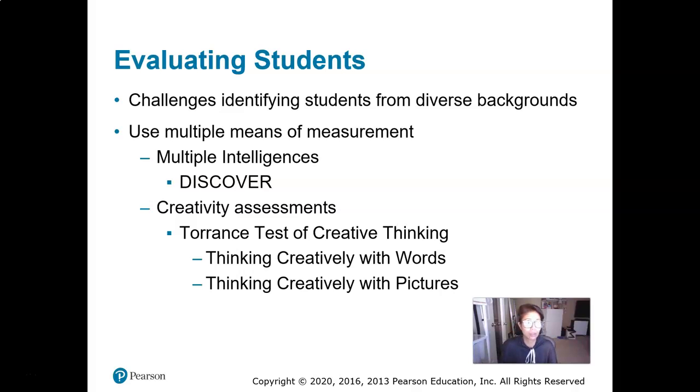So this report was an alarm to the Department of Ed. And they started thinking, we need to rethink how we're evaluating students in the GT department, because there are plenty of students in diverse backgrounds who have these intelligences. They're just not being recognized. What could be that problem? It could start from the state and the leadership from the state. It could start from the leadership with the schools. It could start